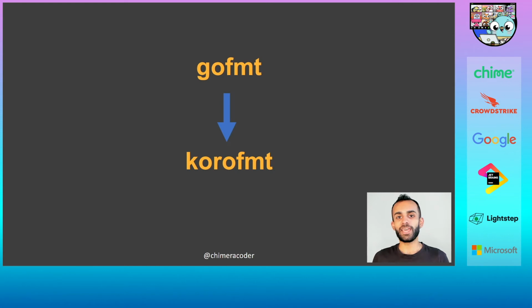No work needed. And in fact, we don't even need to be aware that we have different indentation preferences because the code that gets committed is in the standard form and our editors will display it in our preferred forms. But GoFormat can handle a lot more as well, like it can remove unnecessary parentheses from expressions if you ask it to. And it's syntax aware, so it's smart enough that it will never change code semantics, which is a simple way of saying that it's a good tool for performing fully isomorphic translations of Go source code. So with that, we can extend it to perform a translation from Bengali source code to English Go source code. And that's exactly what koro format does.